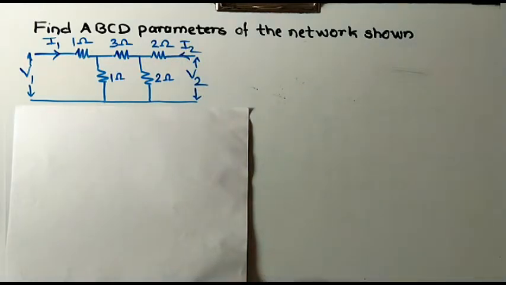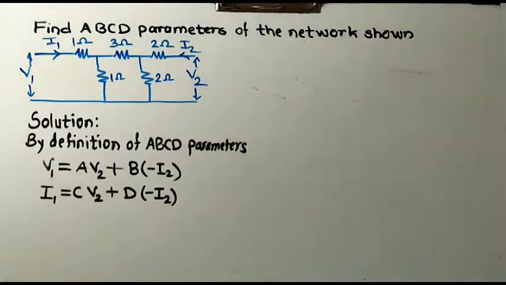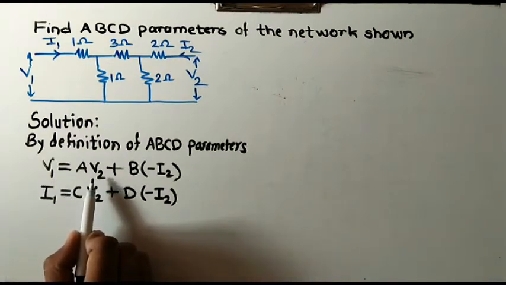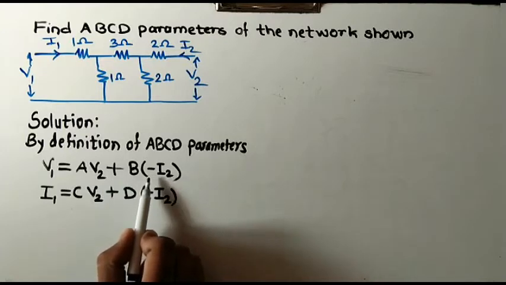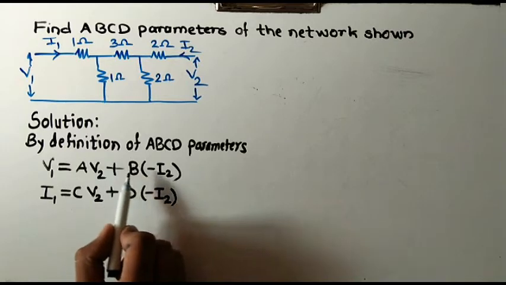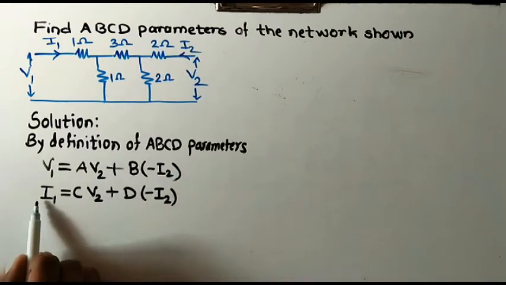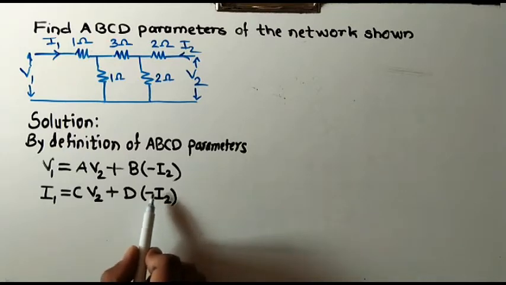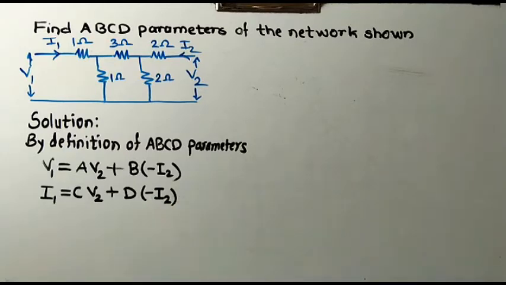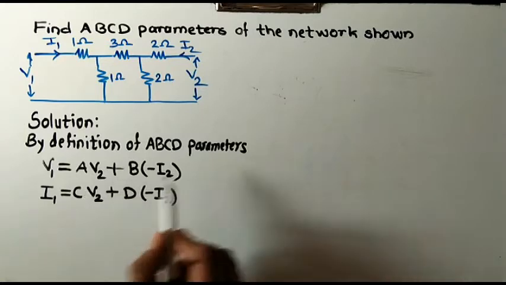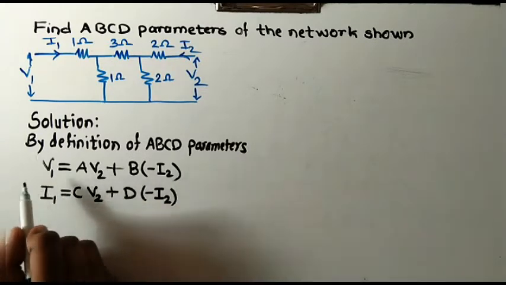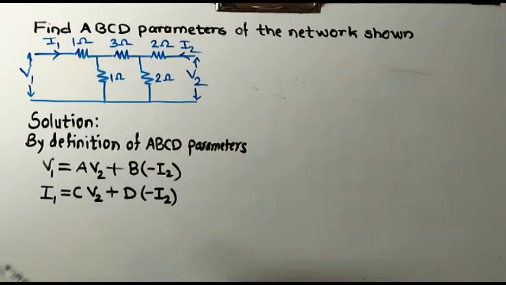Now by definition of ABCD parameter, V1 is equals to A multiplied by V2 plus B multiplied by minus I2. You can have this negative sign, that is minus B into I2 also. Similarly, I1 is equals to C into V2 plus D into minus I2. Now this is the definition of ABCD parameter, and by this definition you can easily observe that we will apply